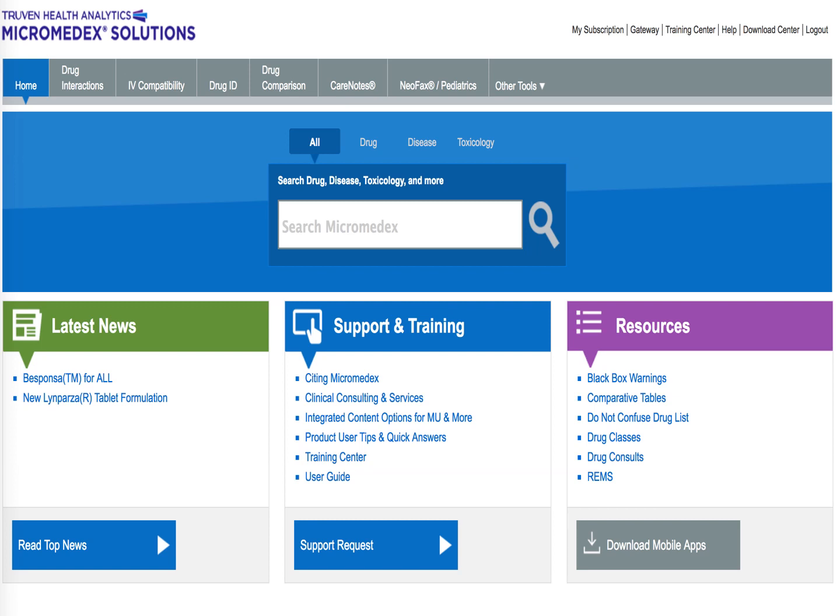Pharmacy Resources. As you can see, the top menu includes Home, Drug Interactions, IV Compatibility, Drug ID, Drug Comparison, CareNotes, which is the patient information leaflets, Neofax, Pediatrics, and other tools, which includes Red Book, Toxin Drug Product Lookup, and calculators. You can search in the main bar by all, the drug, the disease, or